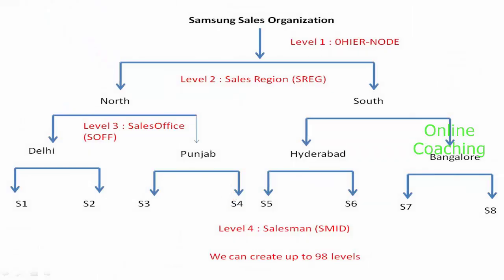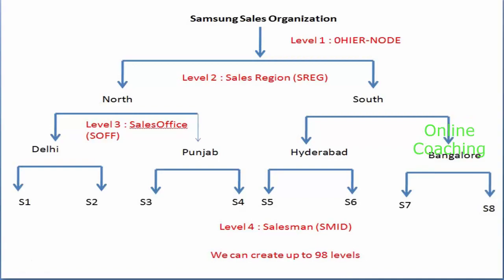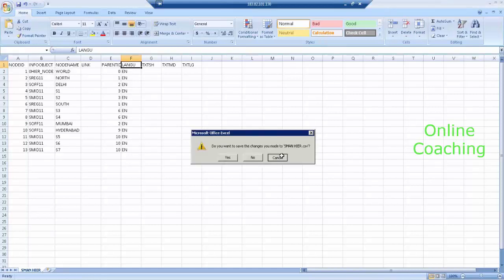Okay, so don't bother about how to create this hierarchy, the flat files and all that. It is not your job. The flat files will be created by your business team. It's their responsibility to provide all the flat files. It is not the BW consultant's job to create the flat files. So don't worry about how to create this or what to keep. Please use exactly what I'm displaying on my screen, and according to that you can load the data. This is my flat file for hierarchy. You can save it as a flat file. Fine guys,